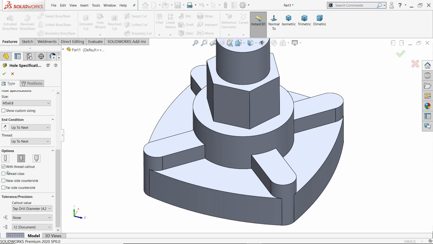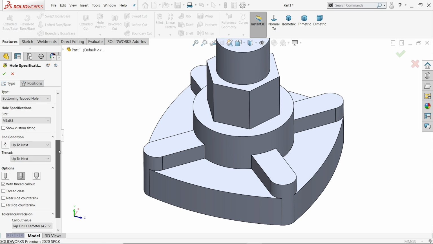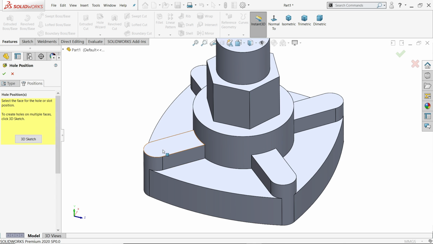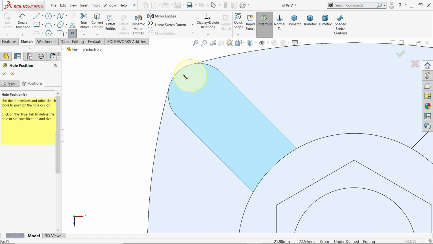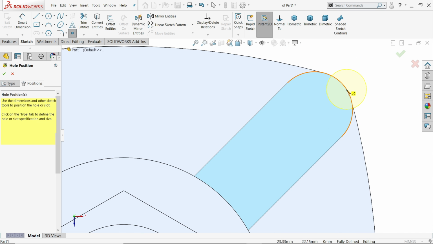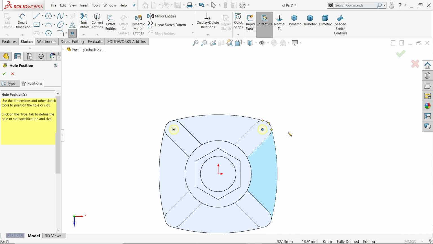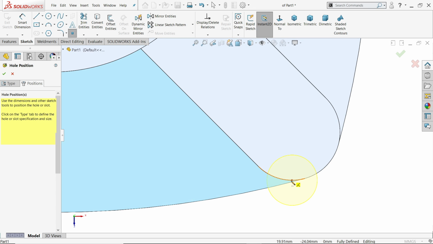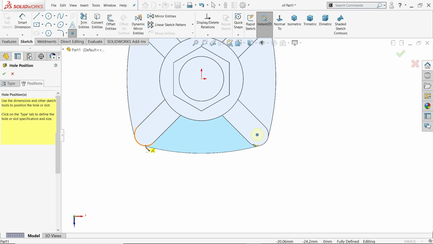Here this is all checked with thread callout, so that we will see the thread. Position: click this face. Now you have to move your cursor and find the center point of this arc or this circle. If you keep your cursor near any circular edge, you will see the center point. Just click.